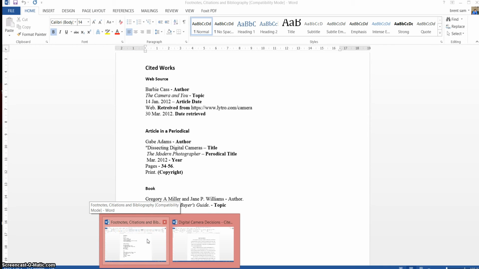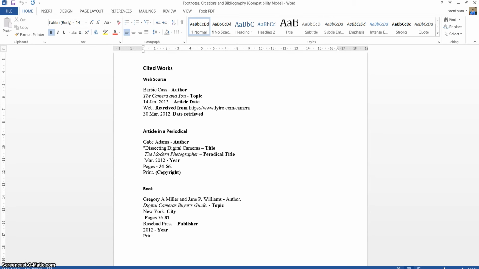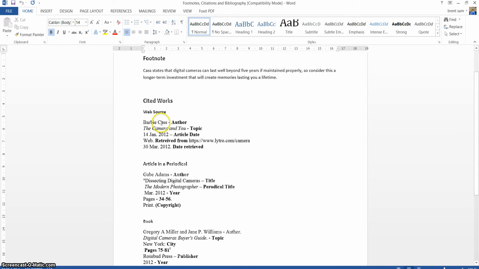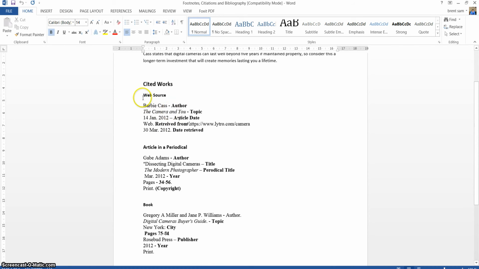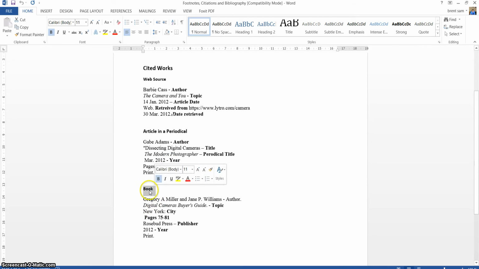And if you go to the footnotes, citations and bibliography file, as you would see here, right, this file is on Moodle. We looked at it last day where we did the footnotes. So now we're looking at cited works. So the types of citations you do is from web source, from article in a periodical, and from book. Right, so let's go